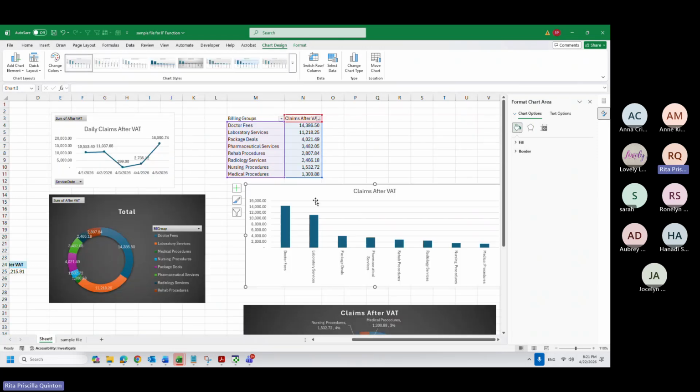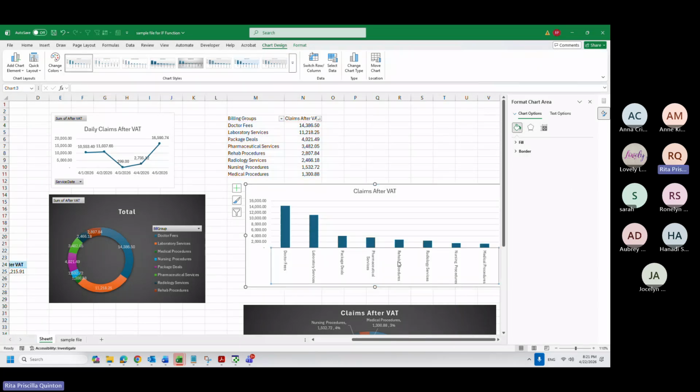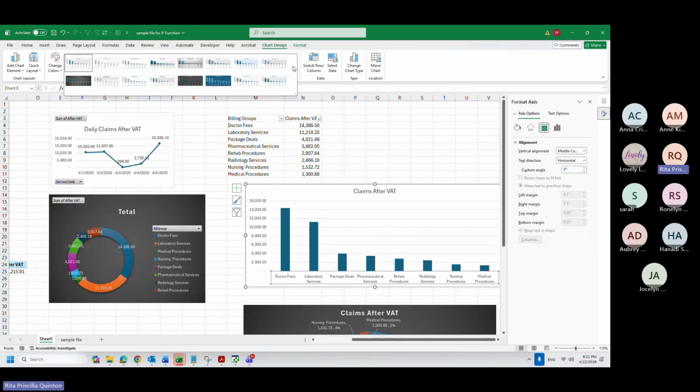Okay. Here also, fix this one first. Horizontal, and then let's see the chart designs available for us.